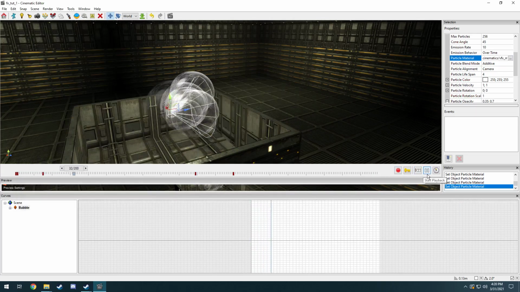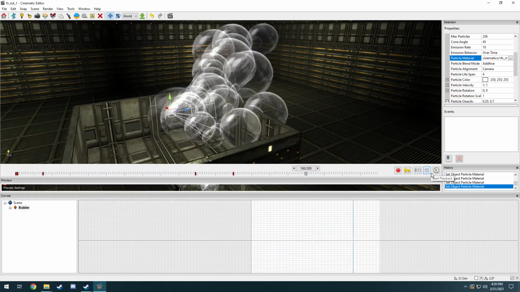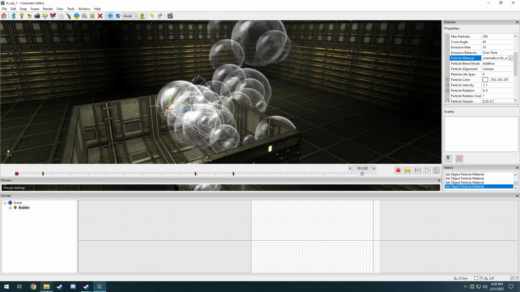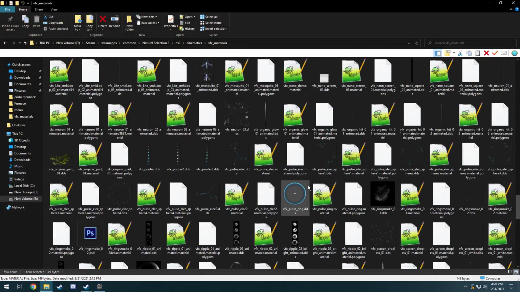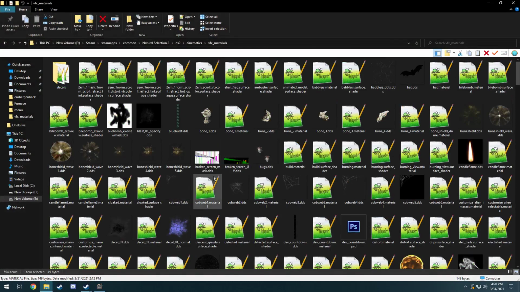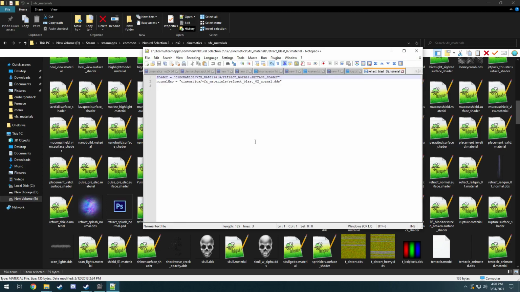Alright, so particle material is where you set that actual material file. And you're going to say, well, it's a material file. What is that? So material files are essentially, here's that same folder, by the way, VFX materials. They are a way to denote a shader and really point to the 2D asset. But you can do a lot of things in these materials. So for instance, here's a normal map texture, but if I open up the Reflect Blast material,